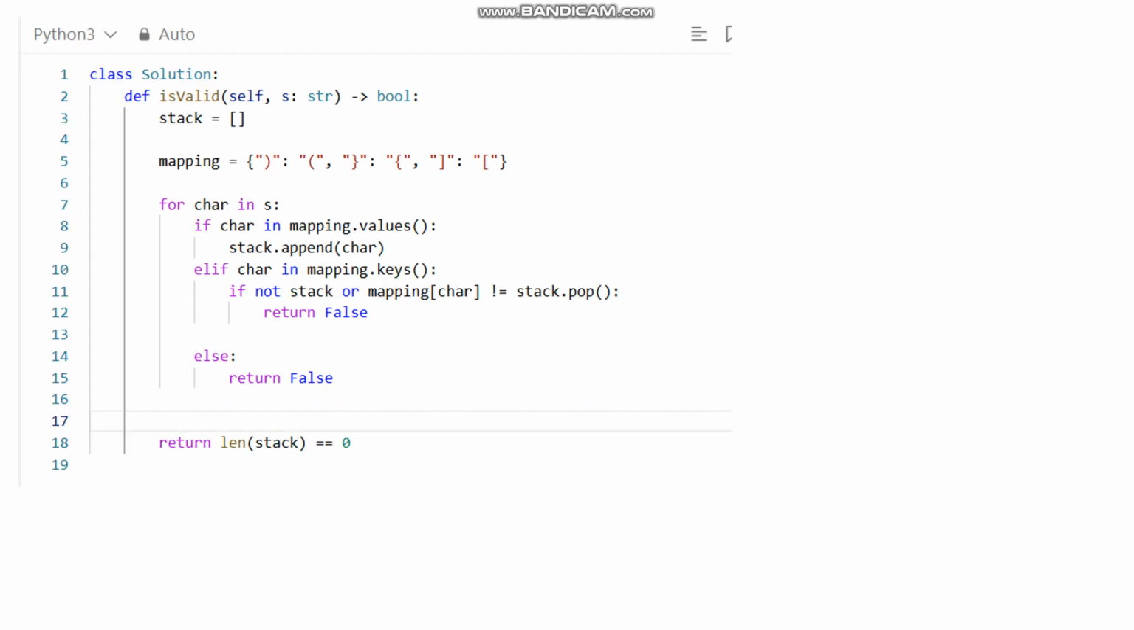First of all, I am declaring a list. The list name is stack. After that, I am creating a dictionary. The dictionary name is mapping. This dictionary contains the open brace and the closed brace. The first key is